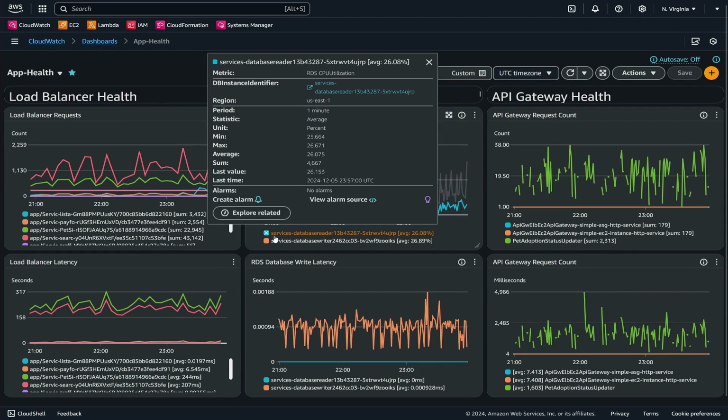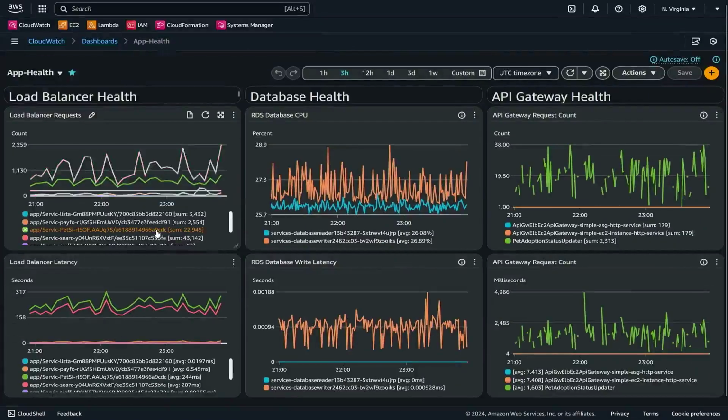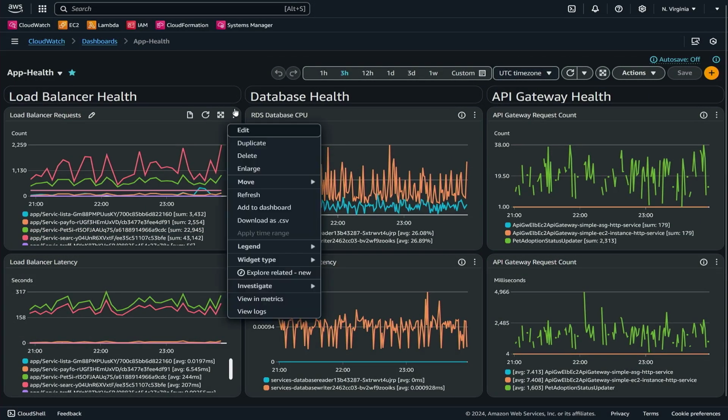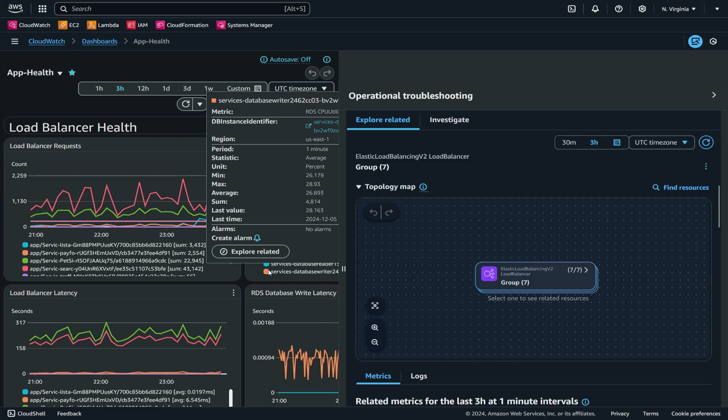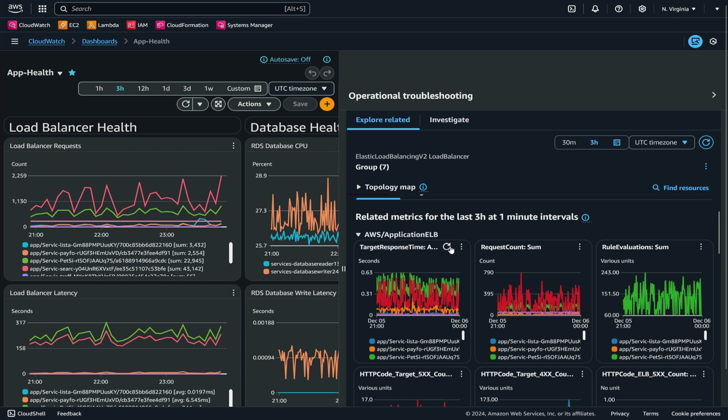Some key metrics for those resources. But again, these graphs, like the other graphs, have Explore Related. So if I go in and click there, even though I've only a couple of load balancer metrics on my dashboard, my key metrics, I can quickly look at all health metrics for all load balancers on that graph